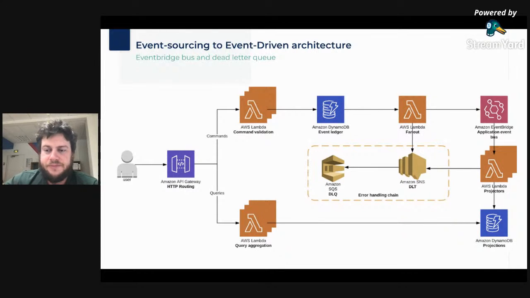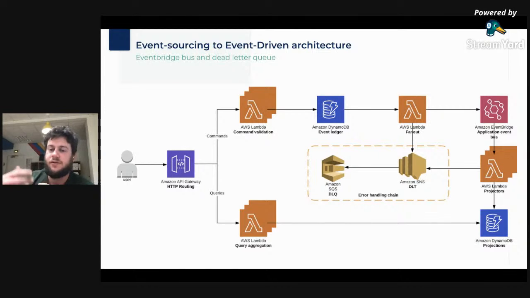Compared to the previous schema, you can see on the top right corner two additional things that were not there before, the fan out and the EventBridge. This is actually necessary for event source system, since everything that has been inserted in the event ledger, all the events that we add to our audit log, can be streamed using DynamoDB Stream to downstream services, but only up to 2 different services.